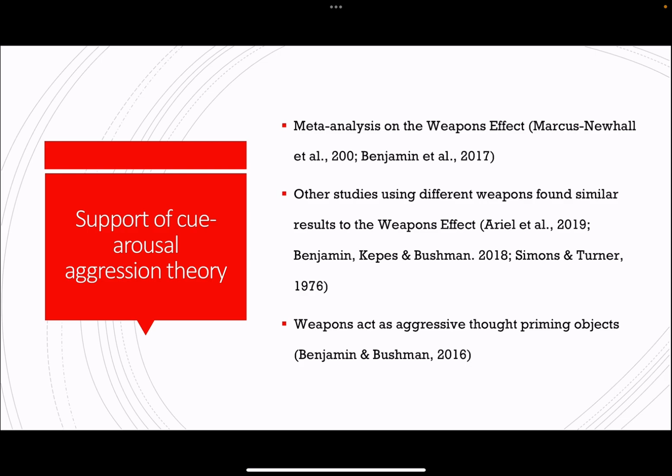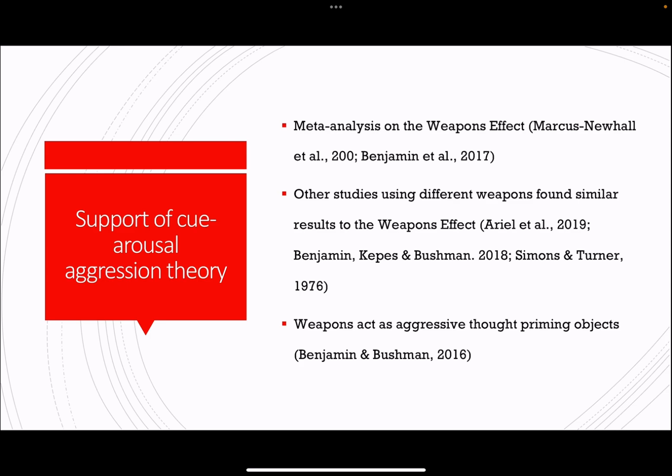Replicated experiments following on the original study have found similar results, using different weapons such as knives and tasers to test aggressive behavioral outcomes, in particular if participants were unaware of the hypothesis. The hypothesis was proven to be true. Such results were found by Simmons and Turner in 1976. A meta-analysis found that the weapons effect was valid and robust if conducted under the right conditions without demand characteristics,